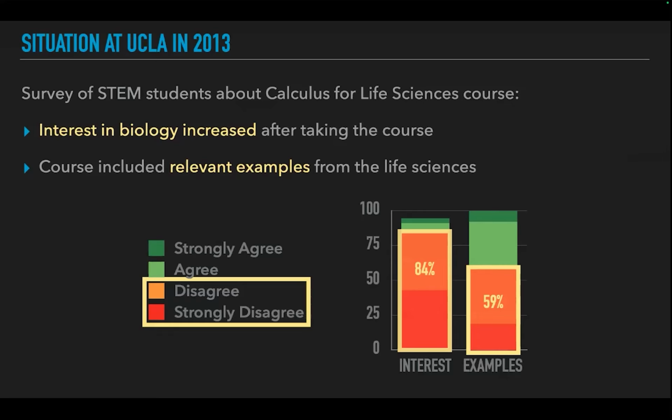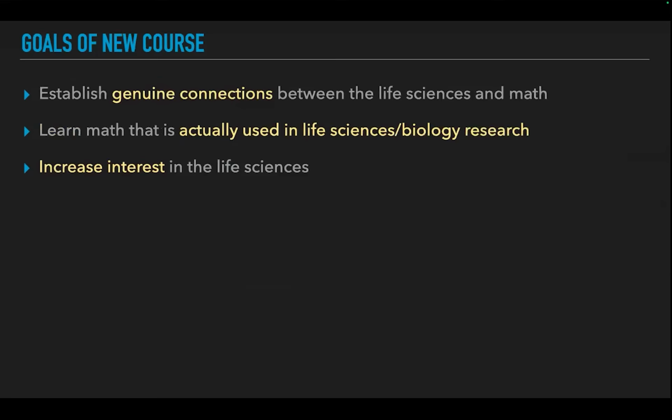Okay, so that led to the creation of a new version of the course that I'm going to present today. I think we can focus on three big goals for this new version. One is to establish genuine connections between biology, the life sciences, and the mathematics. The second one was to focus on mathematics that is used in the life sciences, in the research,